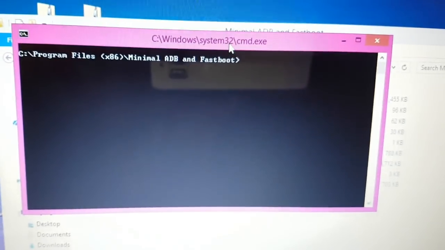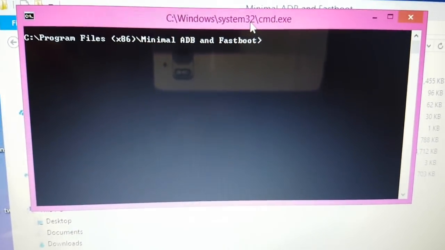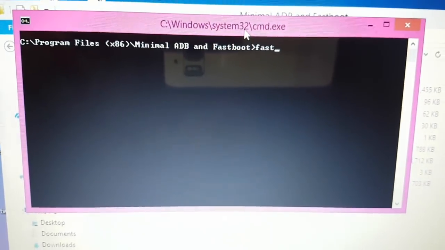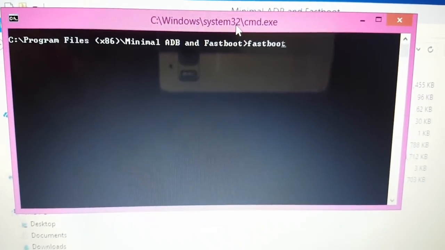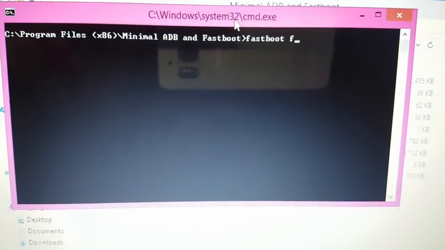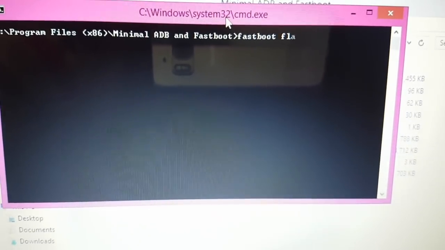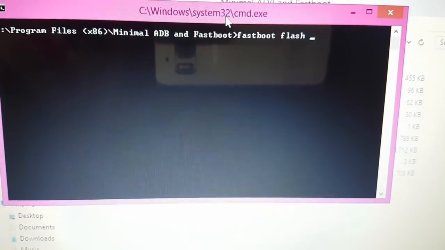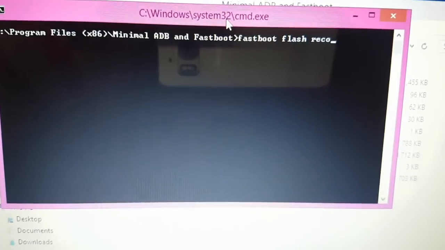Okay, so now you're just going to type the following command: fastboot flash recovery